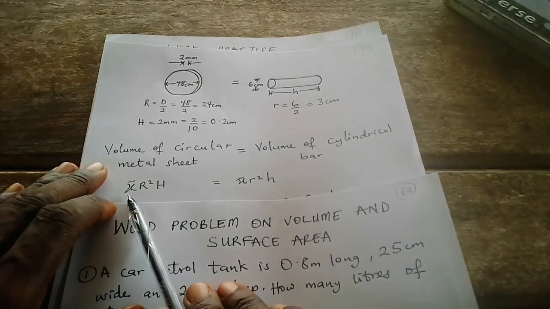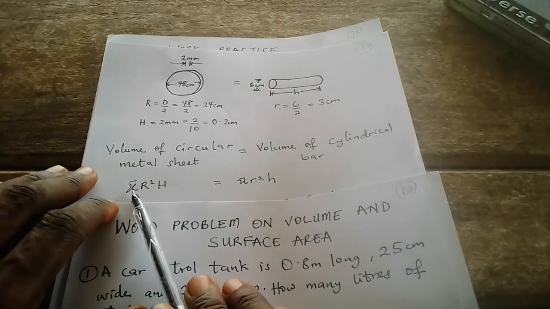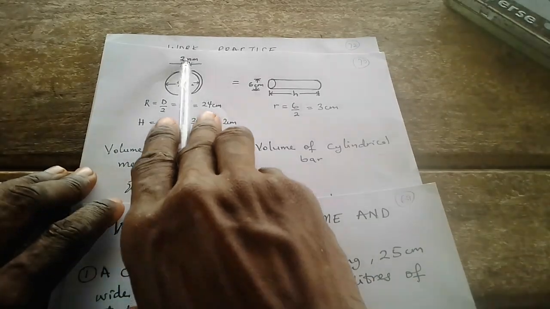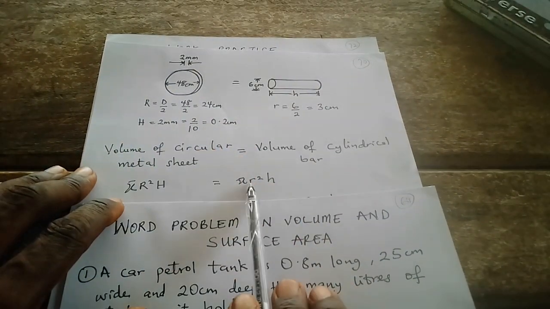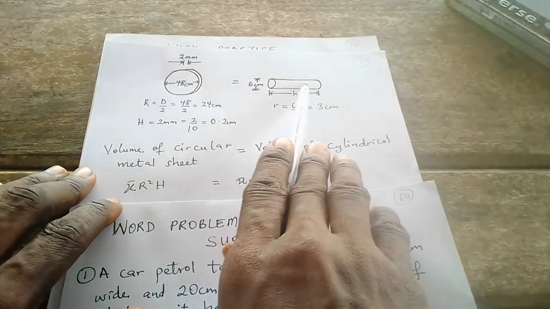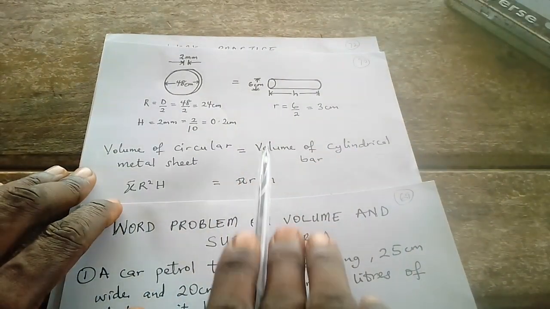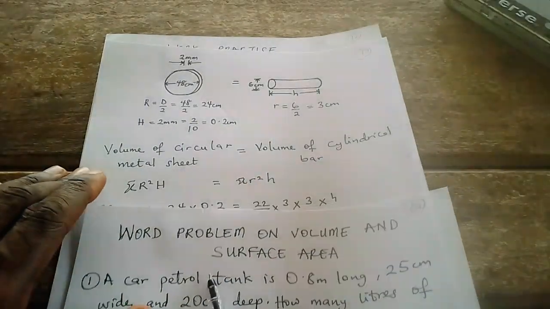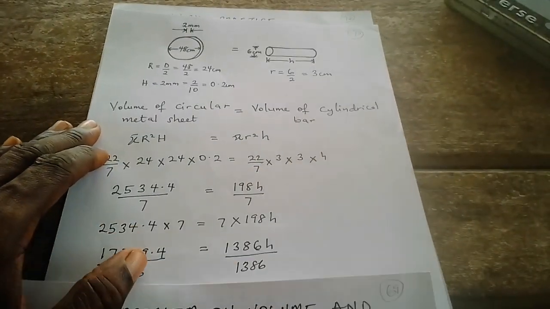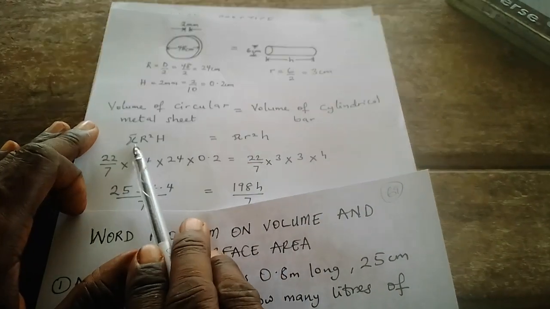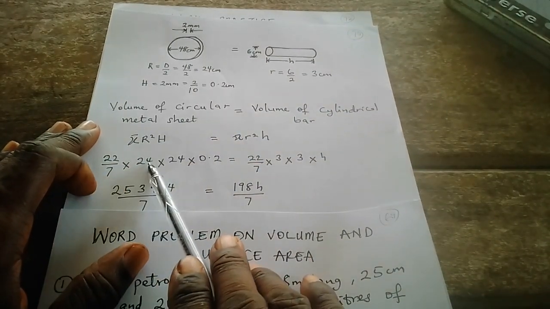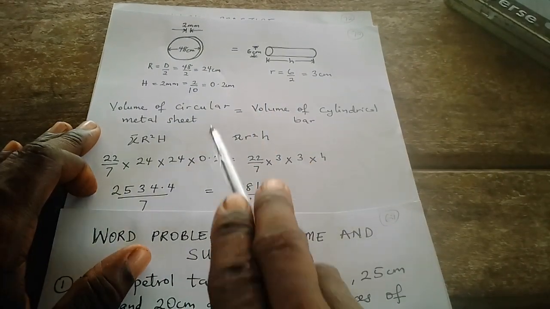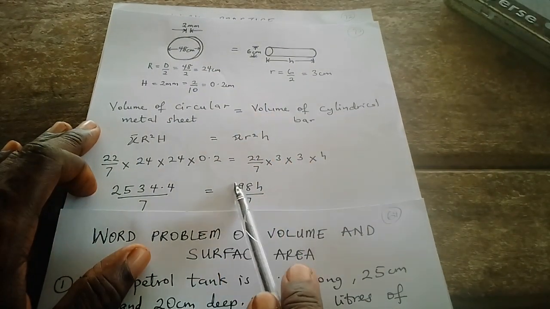So, the volume of the metal sheet is what? πR², big R, the radius of this one, times the height of this metal sheet. Then it should be equal to the volume of this, that means πr², the radius of this new cylinder, times the height of this new cylinder. So when you now substitute from the above, the pi is 22/7 times the radius here is 24, R squared is 24 times 24, the height is now 0.2. Then it is equal to,